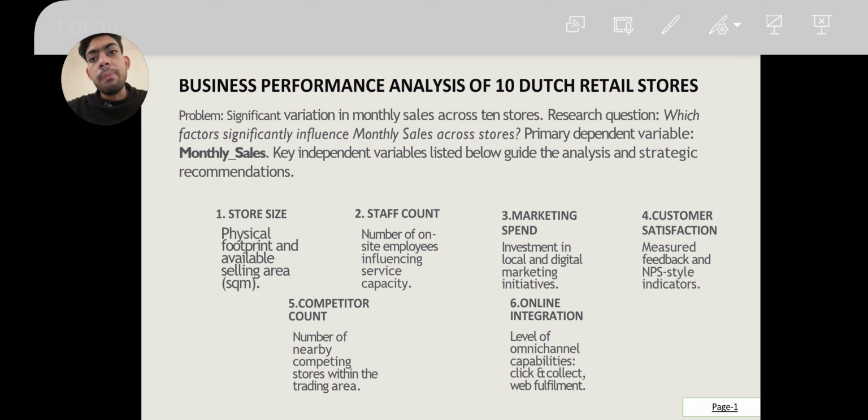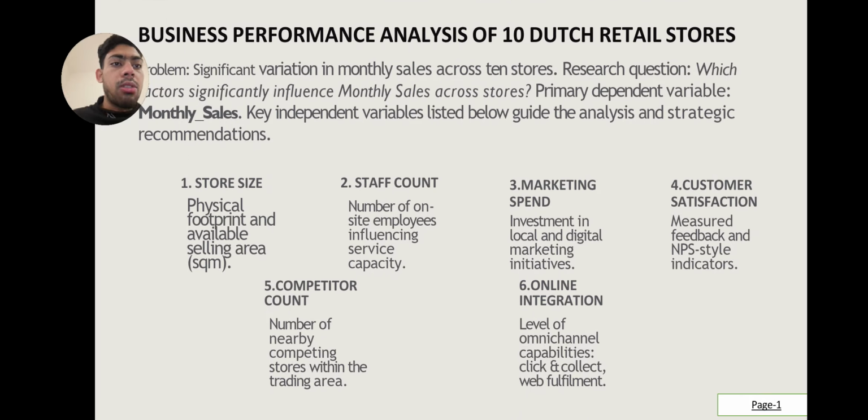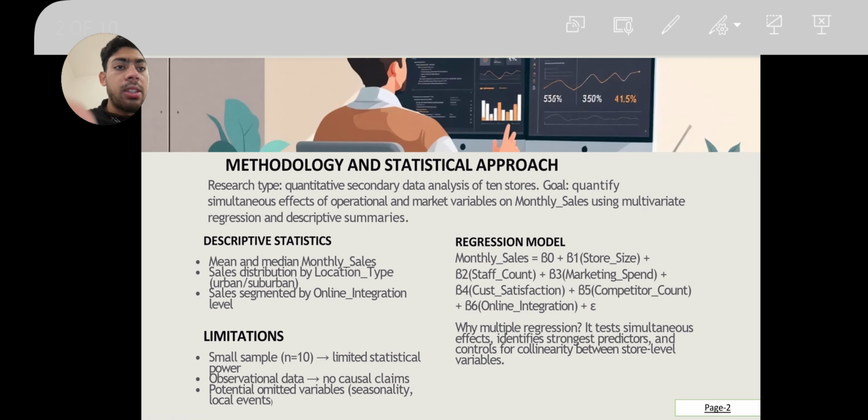And to answer this question, I have focused on six key points, as you can see on the screen. First of all, store size, and then number of staff, marketing spending, customer satisfaction, nearby competitors, and how well the store is integrated with online shopping, which is mandatory in this modern era. Together, these factors help us to understand operations, customer experience, market pressure, etc. And if I go to our next slide,